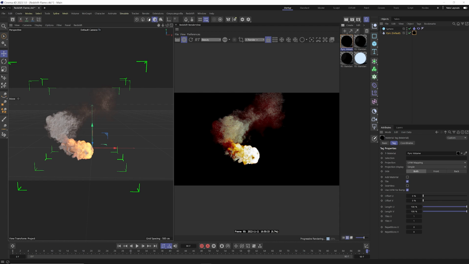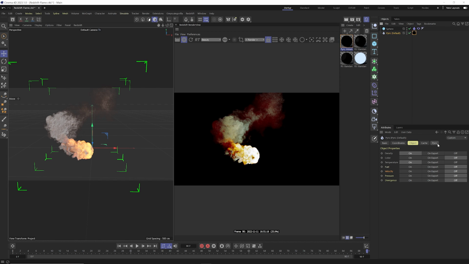So this means that whatever third-party renderer you use, as long as it can render VDBs, which most do, like your Octane, your Arnold's, you can render VDBs with literally any render. It doesn't have to be Redshift. So this doesn't exactly look like what we have going on here in our viewport. So we can go ahead and tweak some settings, but